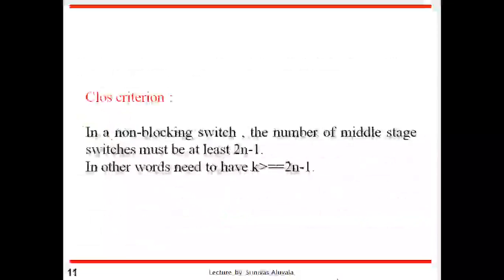To avoid blocking and achieve a non-blocking situation, the Clos criterion has to be implemented, that is, the number of middle stage switches must be at least 2n minus 1. Clos investigated the condition of non-blocking in multi-stage switches and came up with the following formula. In a non-blocking switch, the number of middle stages must be at least 2n minus 1. In other words, we need to have k greater than or equal to